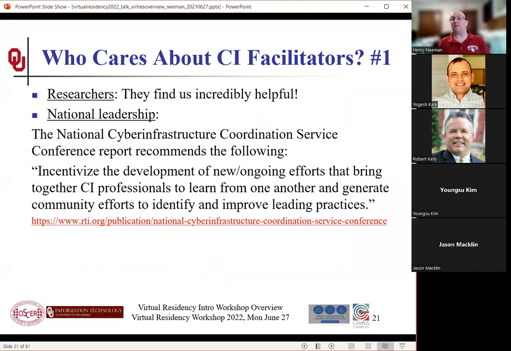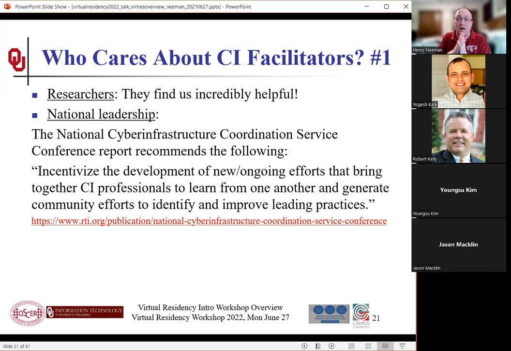Well, researchers love us, right? Researchers love that we show up and get them over a hump, right? Because usually it's not that they need to have a particular thing all the time. They don't need help from us every minute of every day. They hit a speed bump and they need our help to get over it, right?